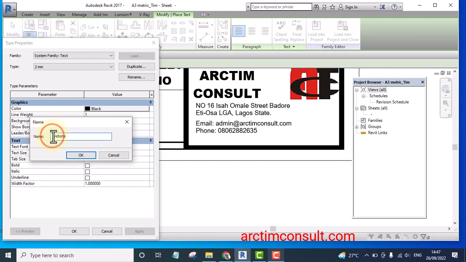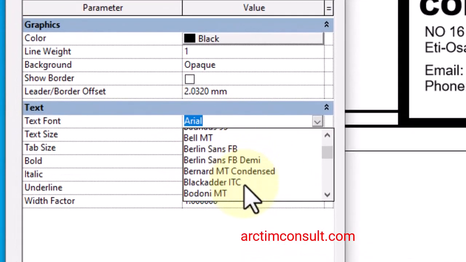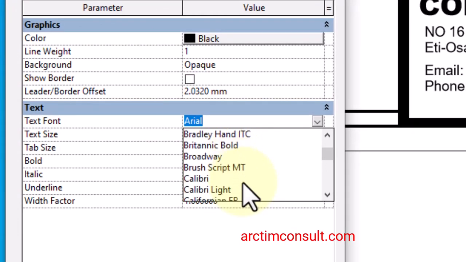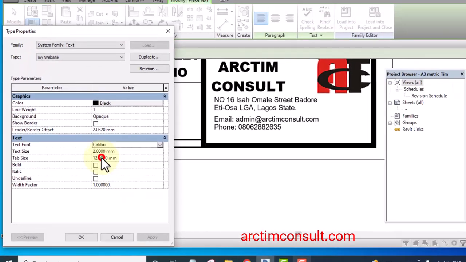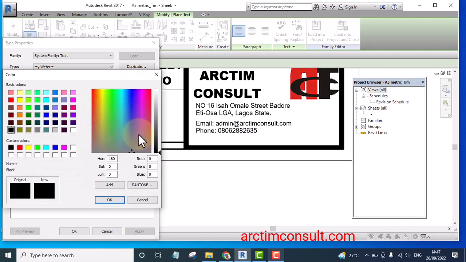Let's say my website. Click OK, and the text, let me use Calibri under C, Calibri, and the color can be blue. Let's try blue. Dark blue,